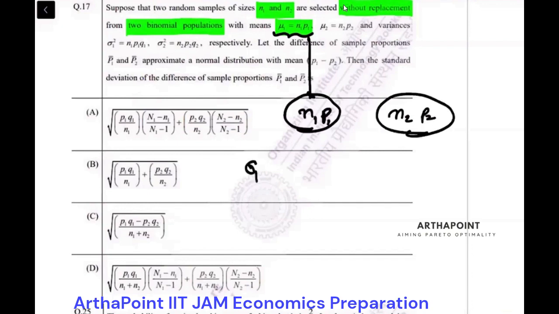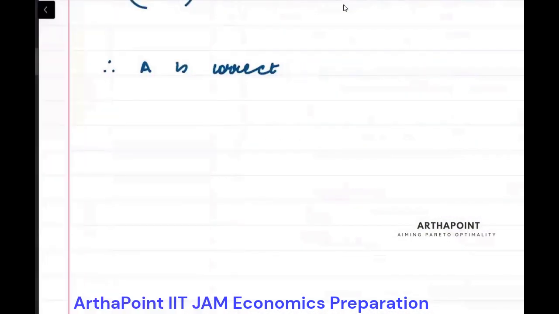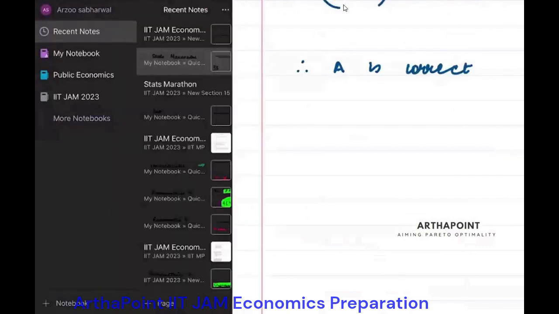And the variance is given by NPQ, right? So it will be N1 P1 (1 minus P1) and N2 P2 (1 minus P2). These are the variances of the binomial populations. Now we want to test the hypothesis on P1 minus P2. You can refer to the notes that I have given you, where we have also done this. But